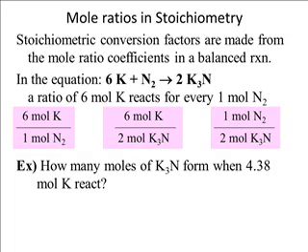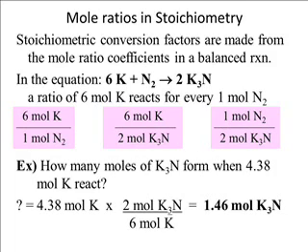So if I pose the question of how many moles of potassium nitride form when 4.38 moles of potassium react, it's a simple matter of taking the given number of moles times the appropriate mole fraction in such a way that the moles of the correct compound or element cancel. So moles of K over moles of K will then make them cancel, so you're left with the appropriate number